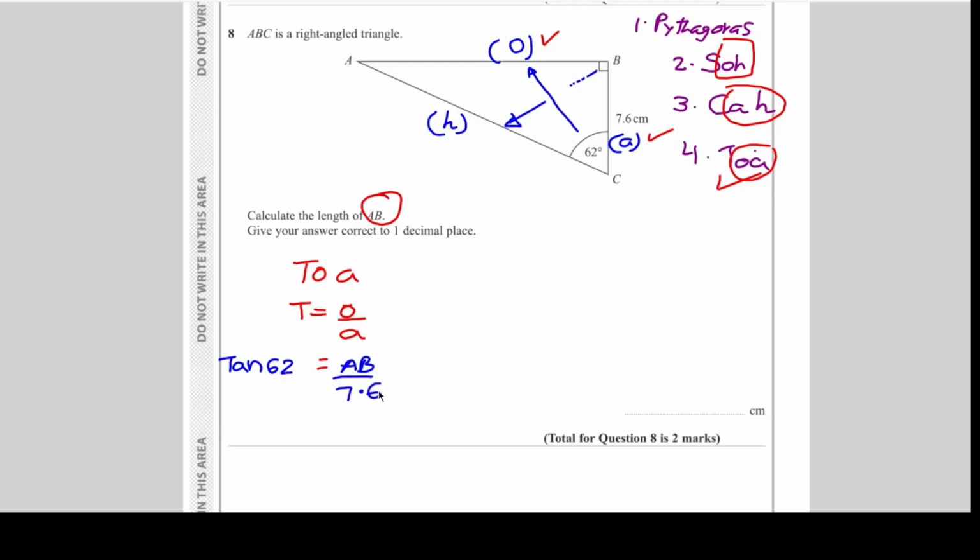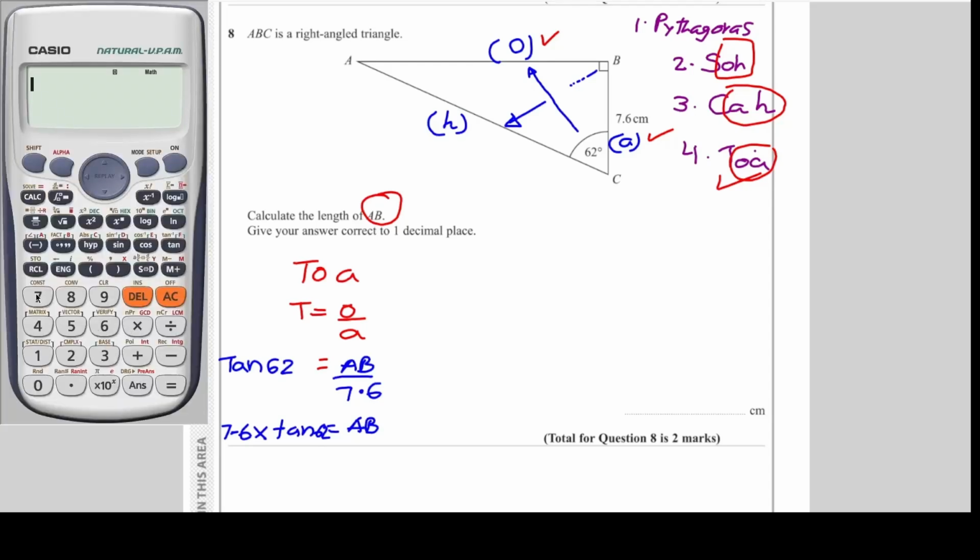Now we are done so far. I need to get AB, so I need to get rid of this one. Now this is division, right? When you are sending this division to this side, we always apply the opposite. When division goes to this side, it becomes a multiplication. So 7.6 multiply tan 62. Let's get the calculator and plug in the values. 7.6 multiply tan 62 equals 14 point. So AB equals